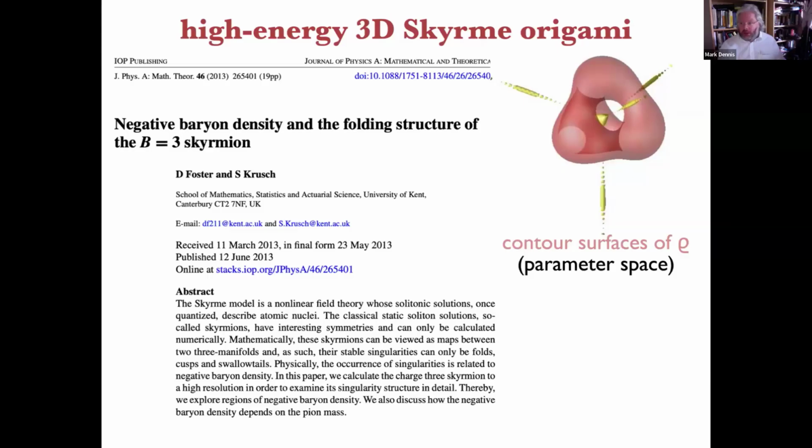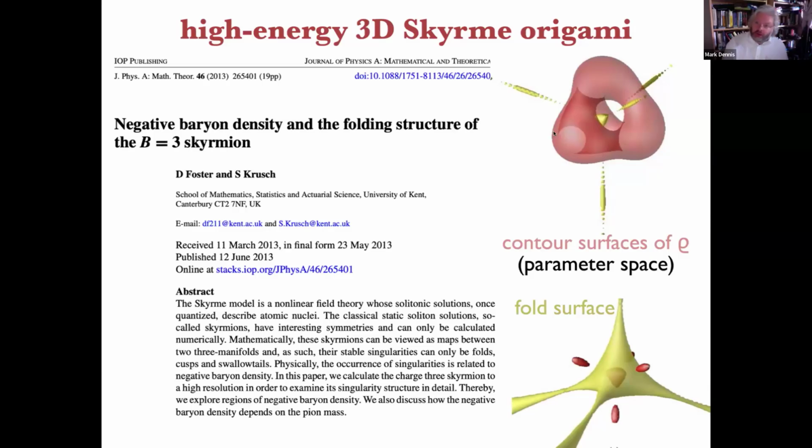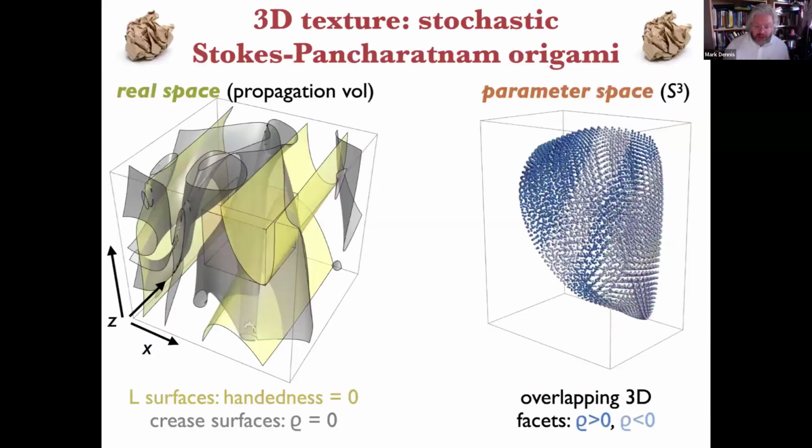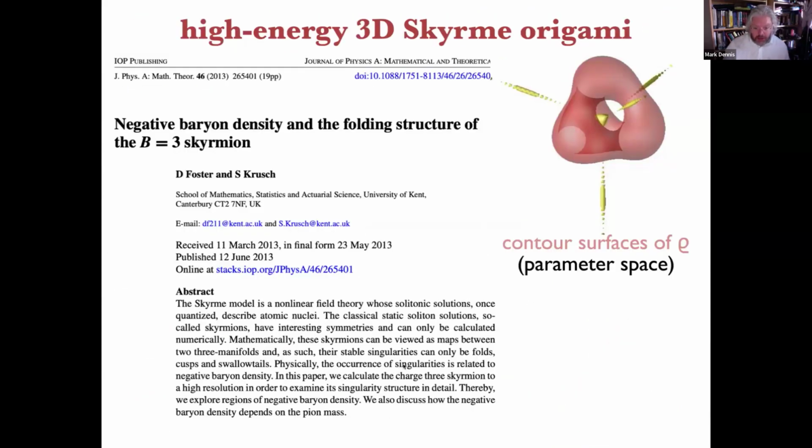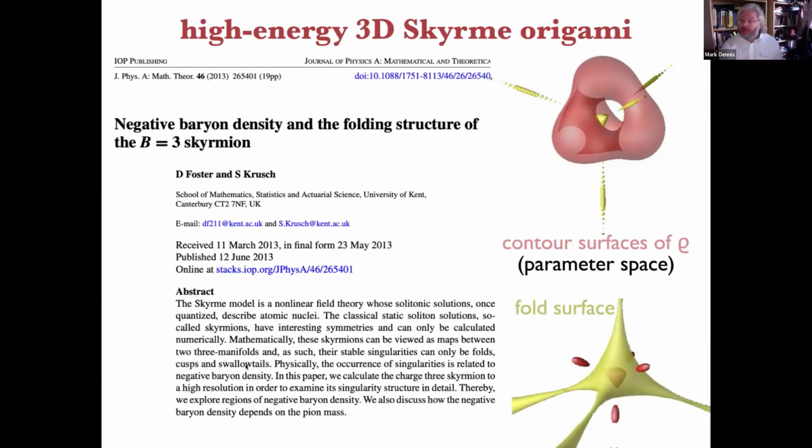But in fact, if we're talking about these topological maps, here's actually a paper about skyrmions in nuclear physics. You can see that they're actually thinking about 3D structures. Here's a tetrahedral structure associated with a 3D skyrmion, and in the middle of it is this tetrahedral fold surface. Sorry, it didn't come up here, but they say that the stable singularities can only be folds, cusps, and swallowtails. And the swallowtail is one of this 3D case,